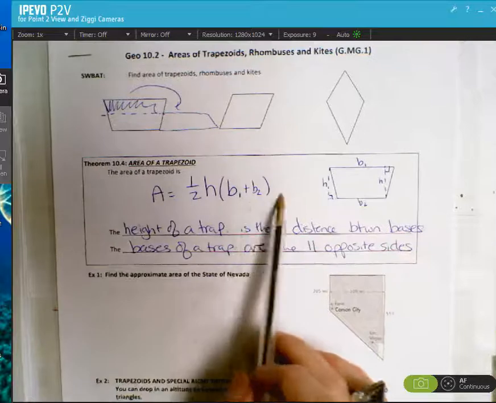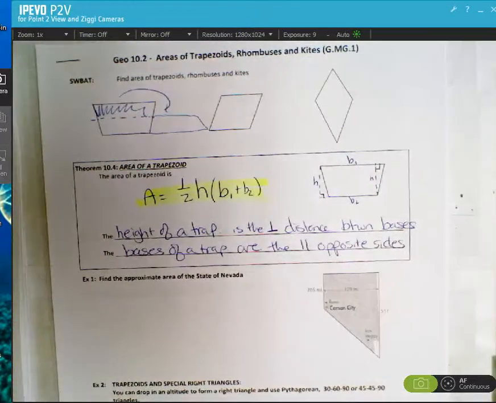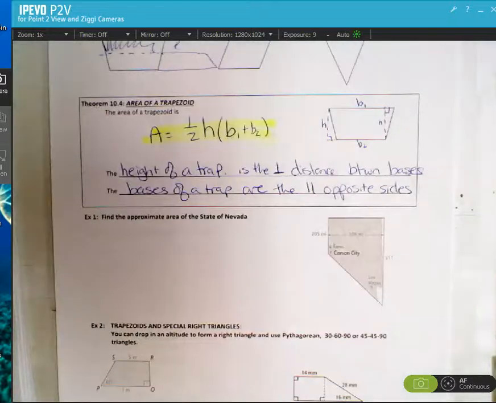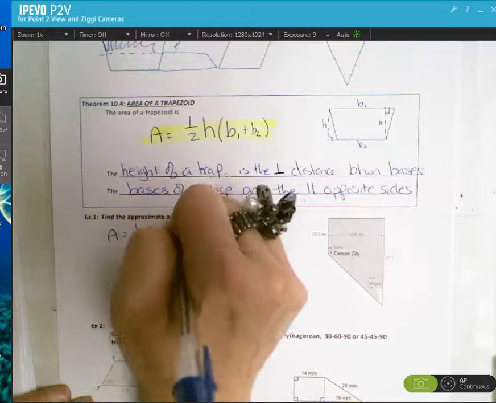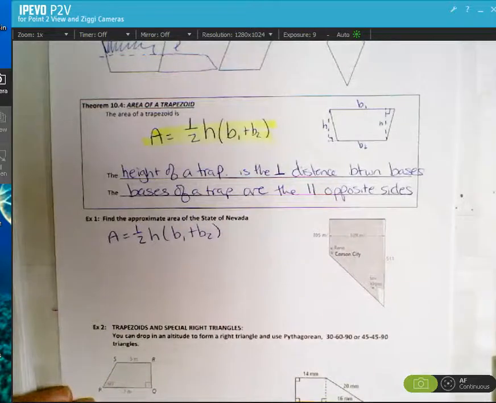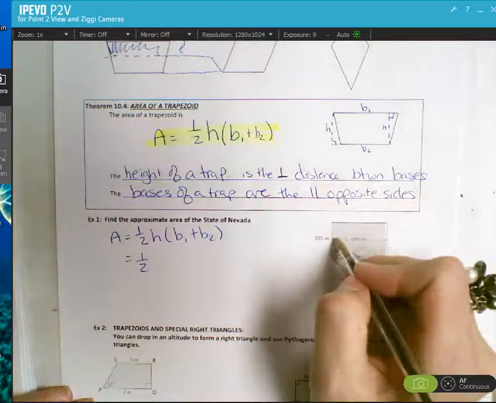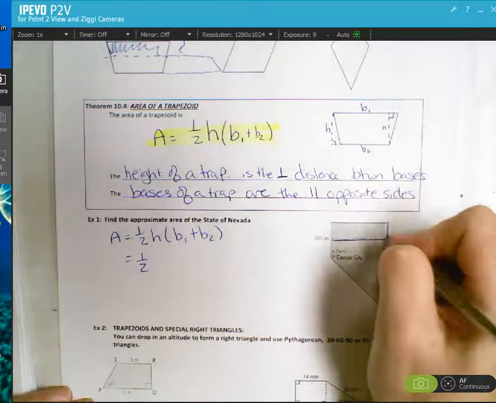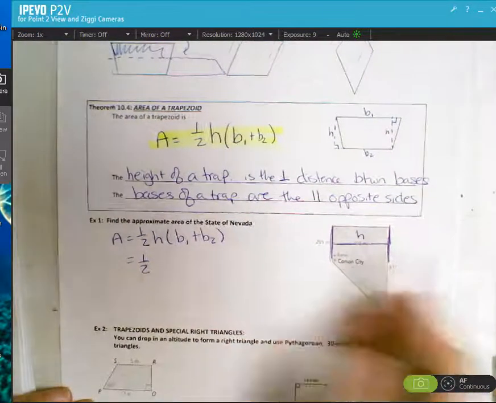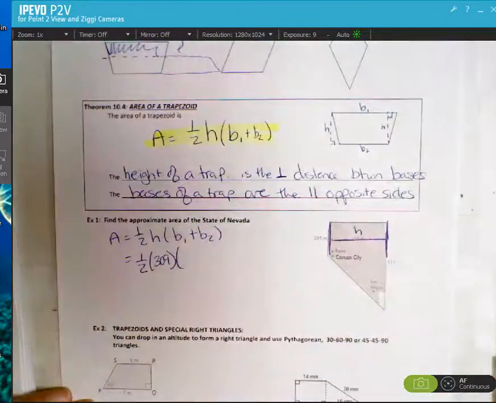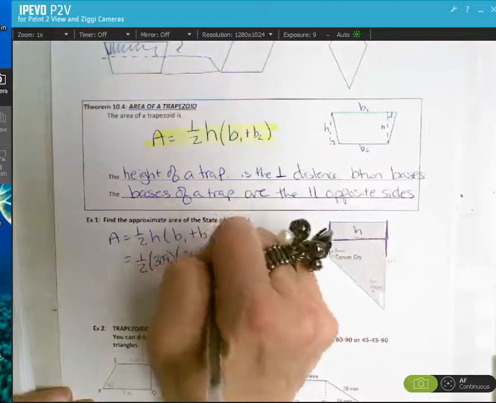Okay, so what we need to do is get familiar with, comfortable with using this formula. 1/2 H, and then I add my bases together. So if we take a look at the state of Nevada, and we want to find the approximate area for Nevada. So when I use a formula, I should start by writing down the formula. And then substitute in the pieces I know. I know I have 1/2, and the height, remember the height is the perpendicular distance between the parallel lines. So if those sides are parallel, this is going to be my height, and that says 309. So 309 goes in for my height, and then my bases are the parallel sides themselves, the lengths of those parallel sides. So I have 205 plus my other base,